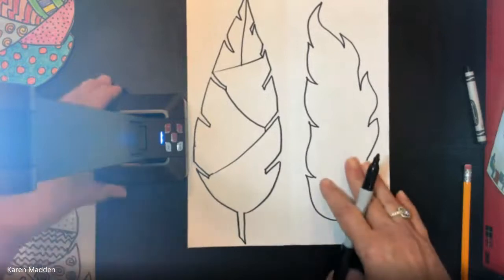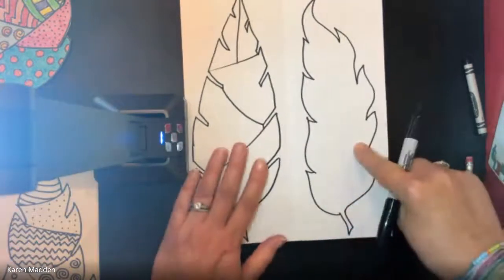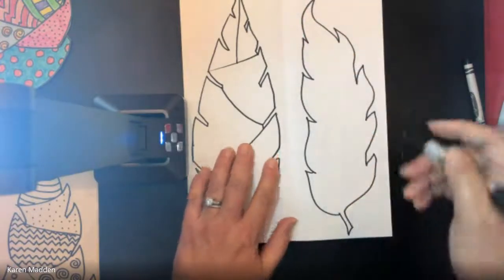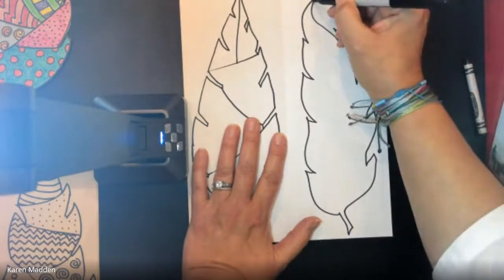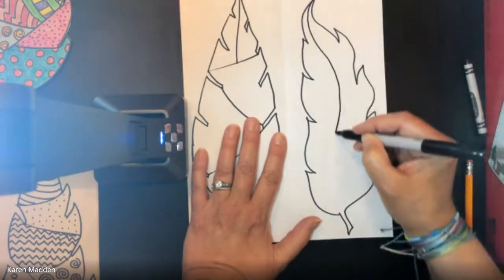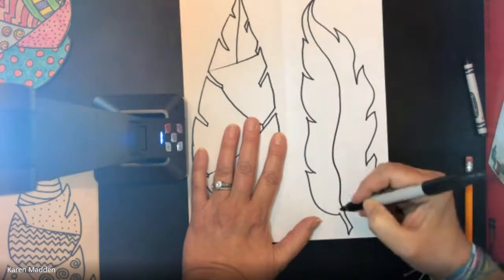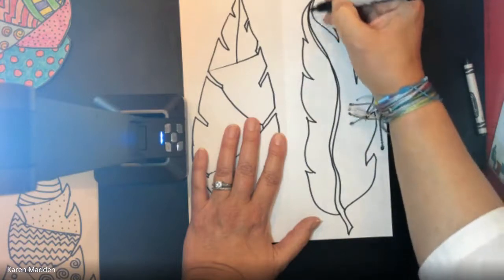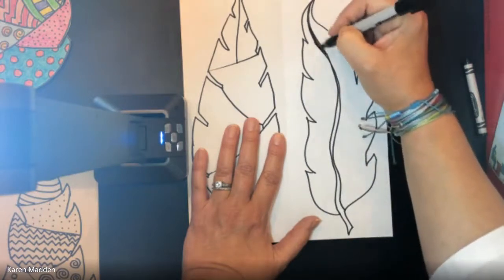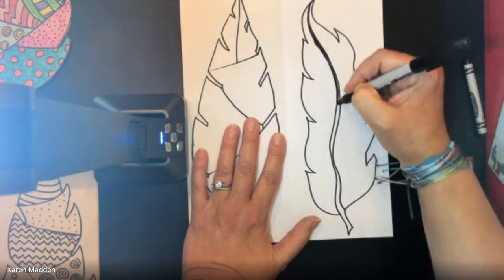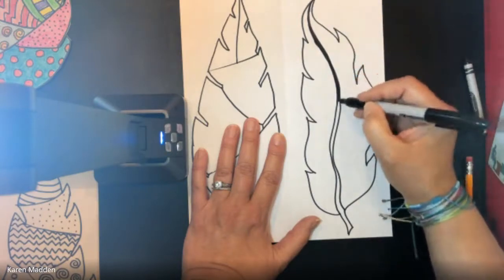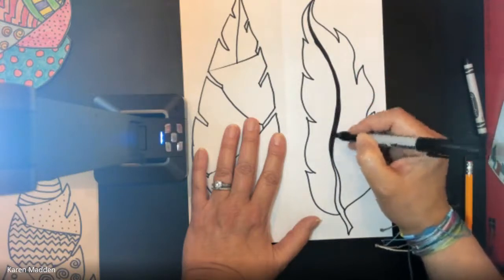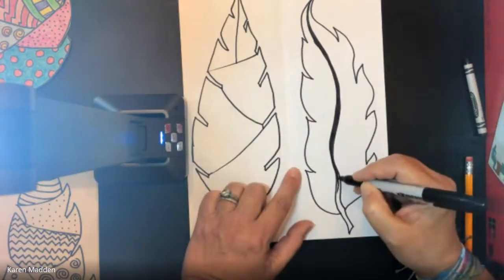So I'm going to do the same with this one, except what I want to do first is create a line that flows up through here to break up my pattern a little bit. So I'm going to start at the top and flow down through here. And I'm going to go back like this and run it right in that. And maybe I can even add in a little bit of black in there to create the look of the quill. Now, if you'll notice, I did not do it the same as I did this one. This one is a little different